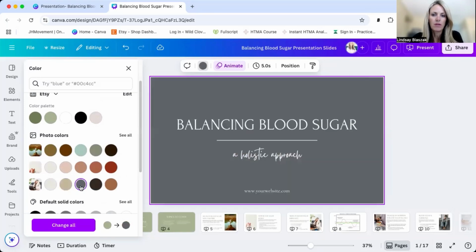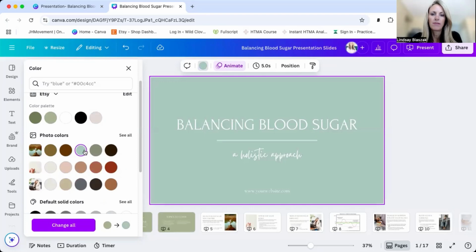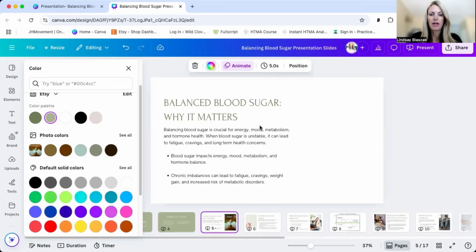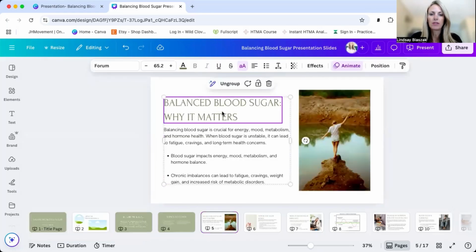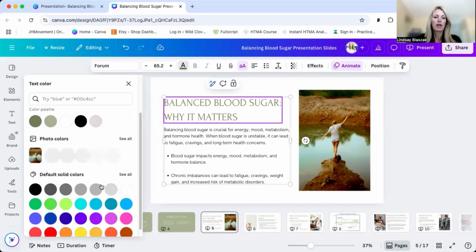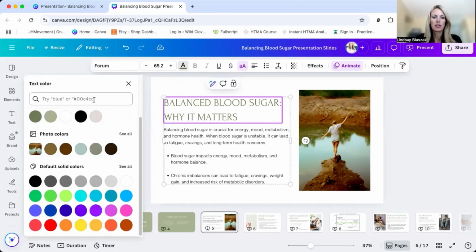So that would give you some different options. If you have like a blue, that's really pretty. So that's how you would change colors, and you can do that throughout the whole presentation deck. And you'll see I just have a little bit of color on each page on the titles. So right here we have that same light green color. So if you wanted to go and change that again to your brand colors, you would just either type in a specific color there, or you could,